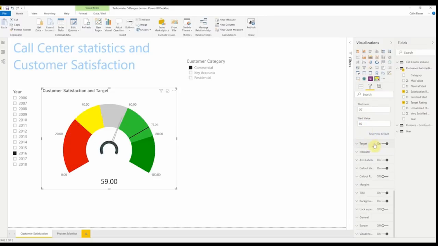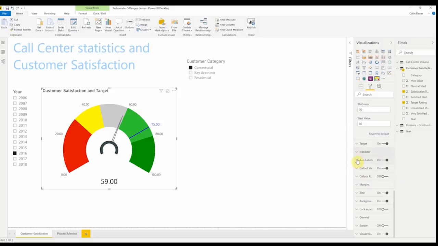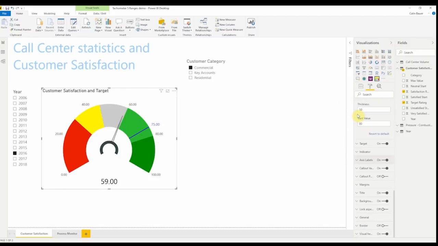We will now configure the color of the line and text size, and the size of the target line. For the indicator, we can change the needle color, size, base color, and the base thickness. You can have axis labels on or off, change color, display units, and text size. We will round off the axis numbers so that we don't display uncommon values. For the bottom